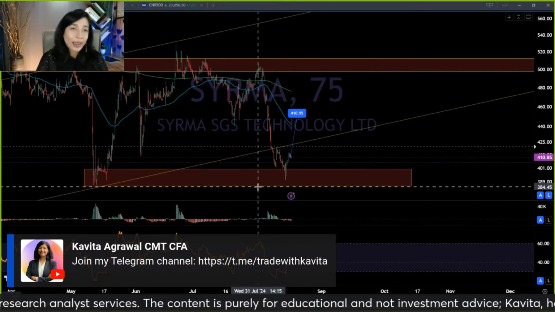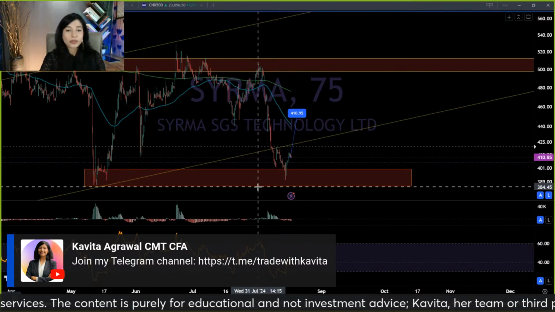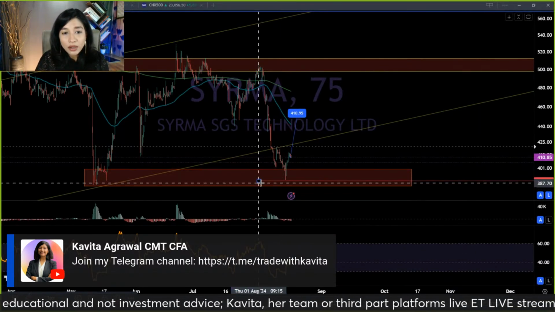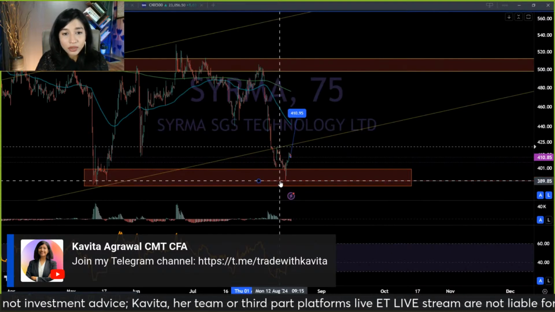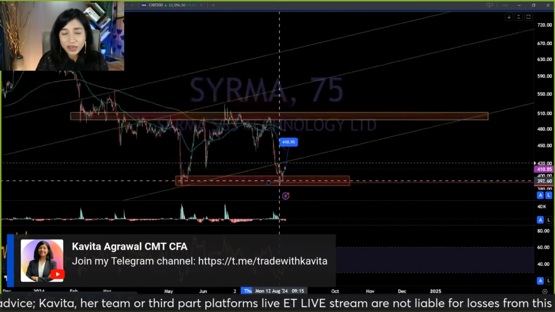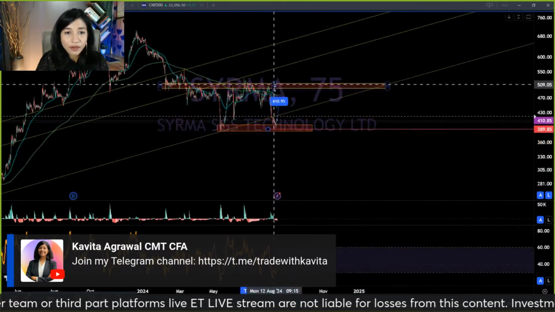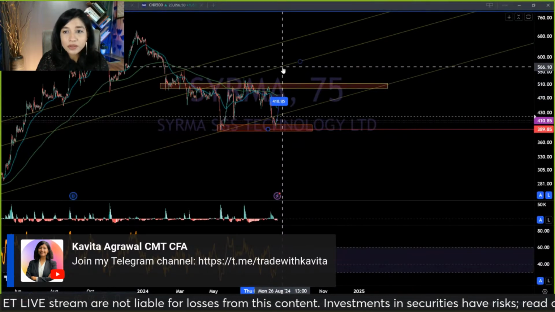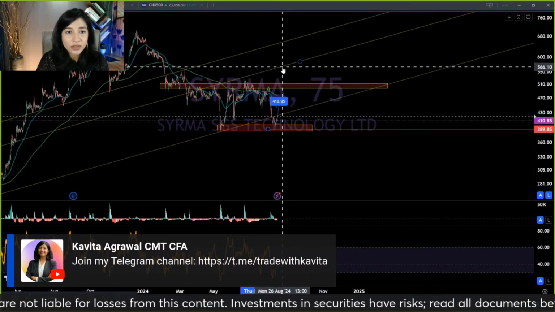And if so, I wouldn't take a position in this because this stock is not part of my watch list, and I tend to stick to my watch list. But still, I think 390 would serve as a pretty good stop loss, 389 to leave a rupee of buffer. And from here, the first target would be 500 rupees. The second target would be 566.